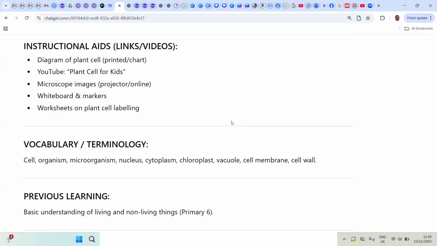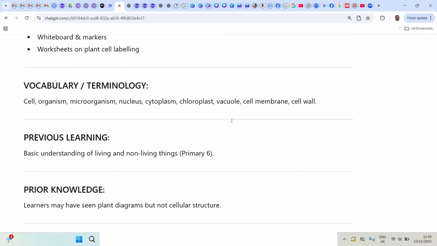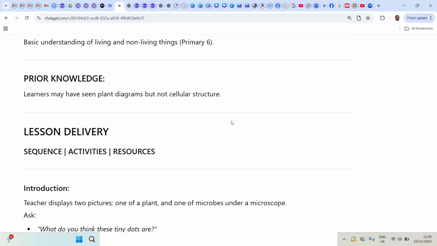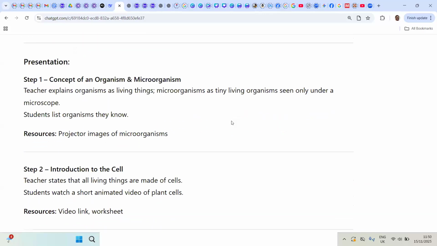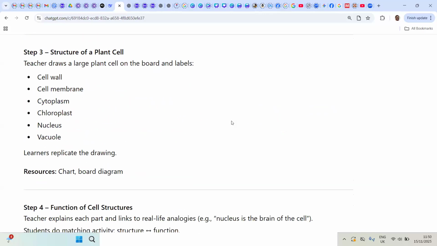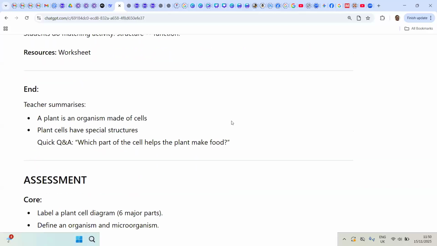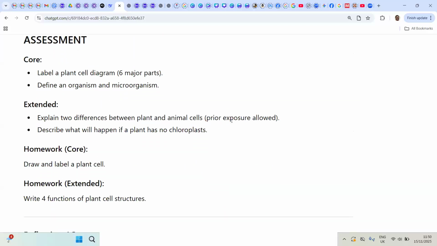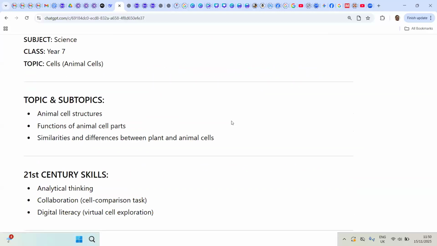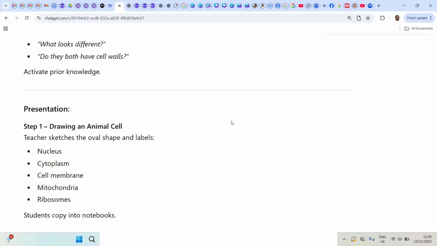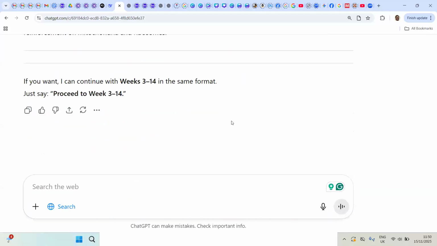Yeah, so you can see social aids is there, vocabulary, previous learning, prior knowledge, lesson delivery, introduction, step 1, step 2, step 3, step 4, ending, assessment, core, extended, and that. So like that. You can see week 2 lesson plan is ready. Now, how long does it take? So tell it, proceed to week 3,